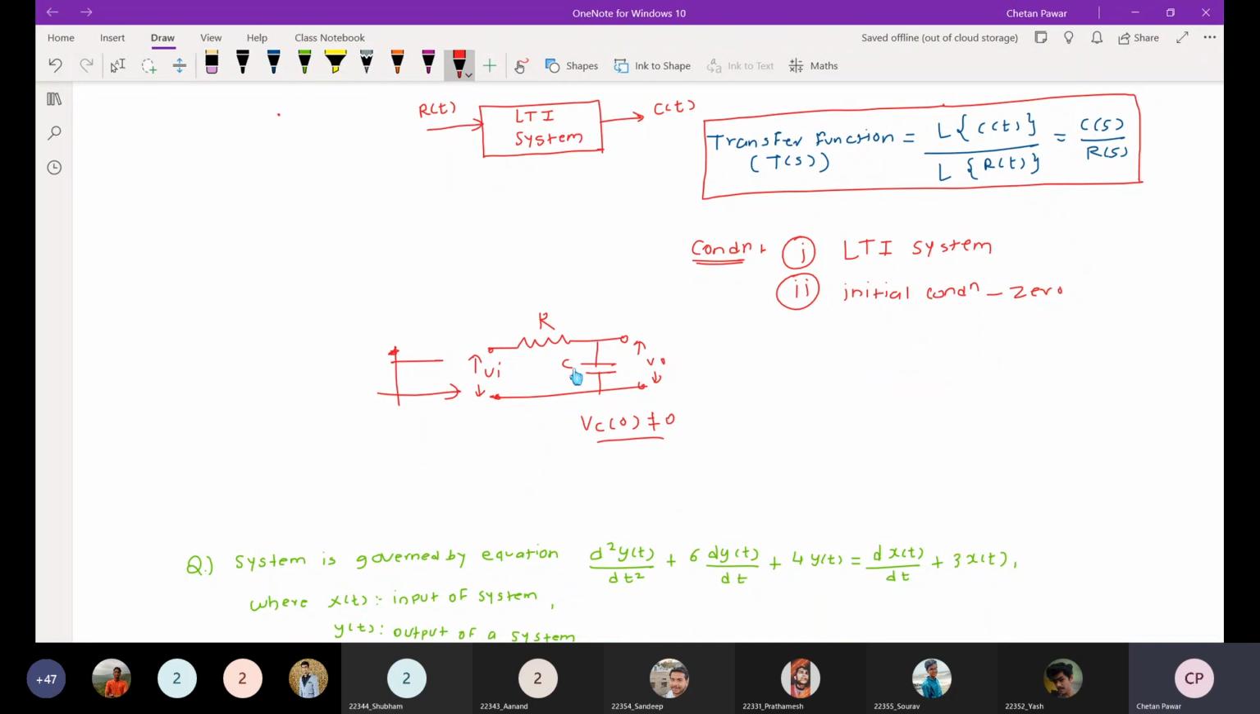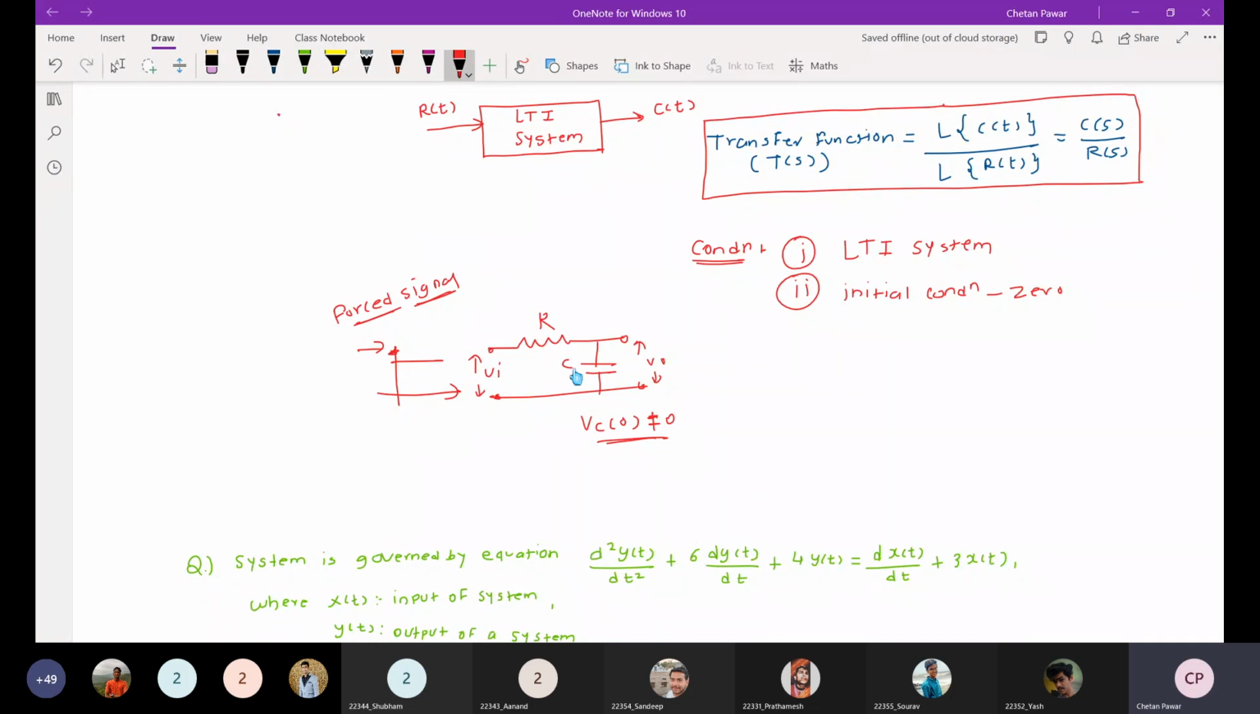If Vc of 0 is not equal to 0, because here the output will be this signal you are applying. So this is the forced signal. Maybe you have studied this in network analysis, network theory, circuit theory. So this is a forced signal, and this capacitor is having some initial voltage, storing some initial charge. So there will be some initial voltage across this capacitor, and the output will not follow linearly in this system,